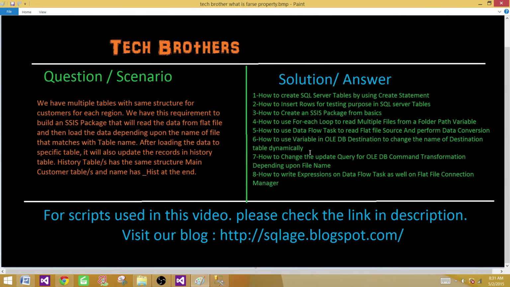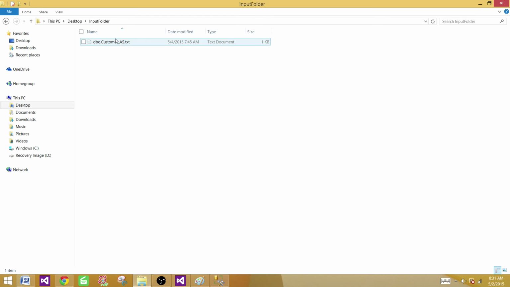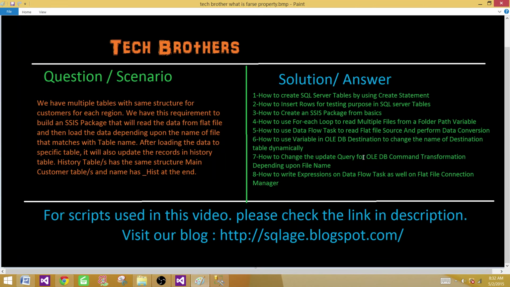Next, we are going to use the data flow task to read the file and load to the main folder, and we will do some data conversions as well. And then we will be using a variable name, as we will be reading multiple files, and the file name can change. For NA it will be dbo.customer_NA. For Africa it can be dbo.customer_AF. So those names will change, so we have to dynamically change, and inside the SSIS package we are going to use the variable in the OLE